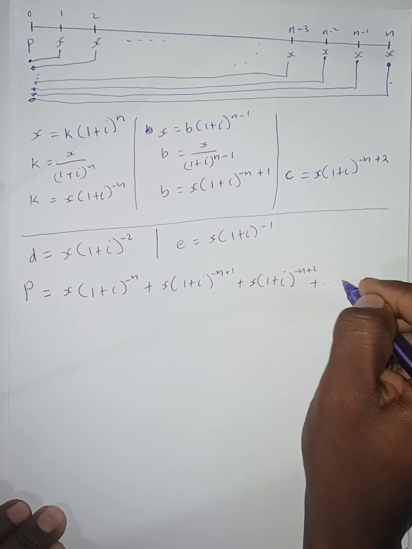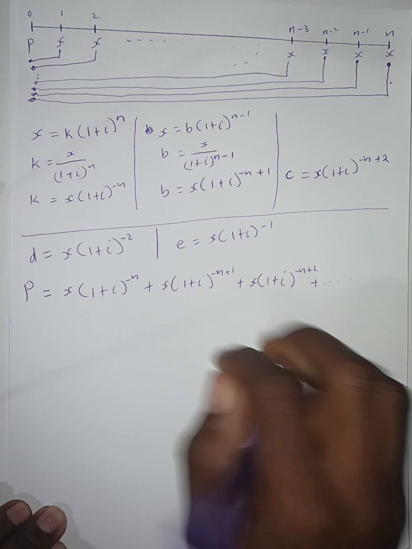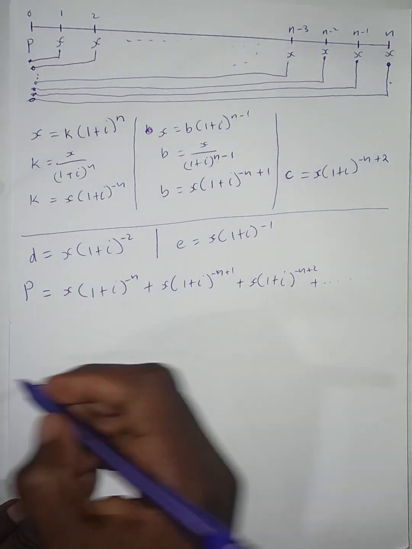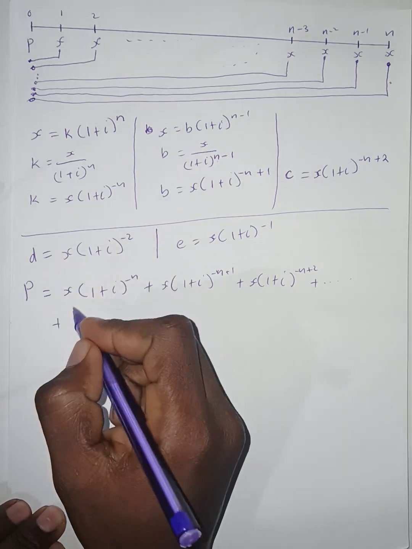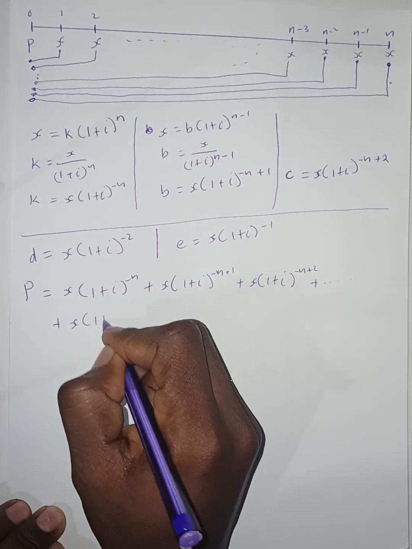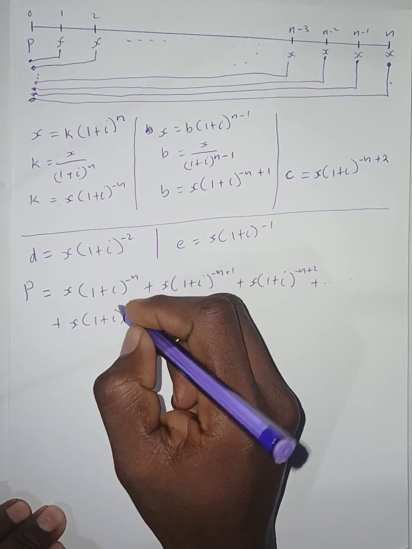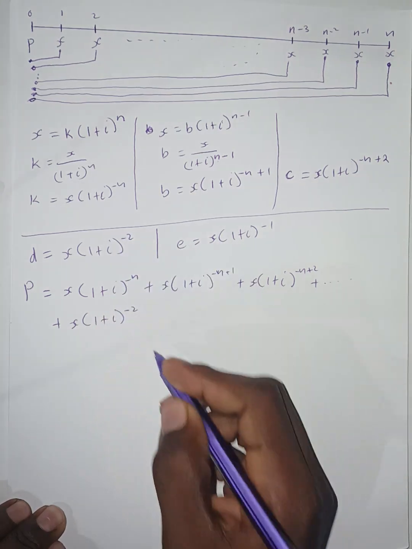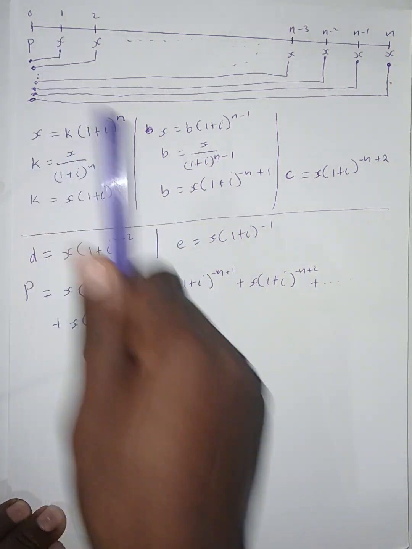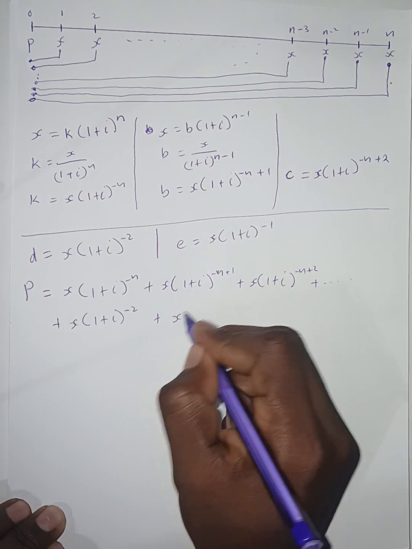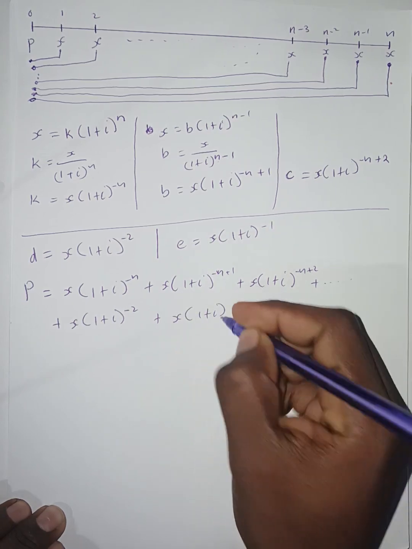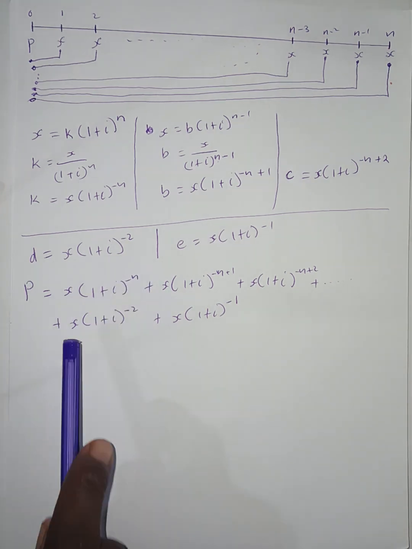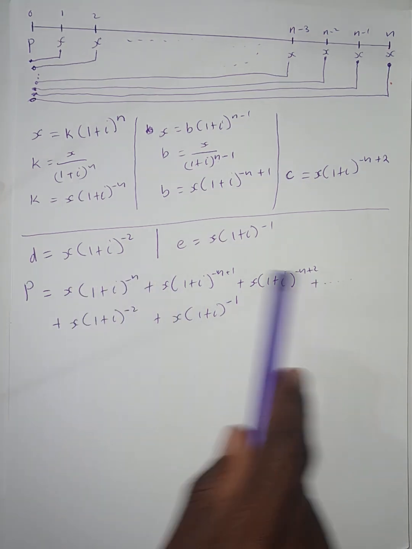And of course there are other amounts in between. I'm going to go to the one at T2, so this would be X times (1 plus i) to the power negative 2, plus the one at T1. The one at T1 will be X times (1 plus i) to the power negative 1. If you note what's happening on what I wrote there,